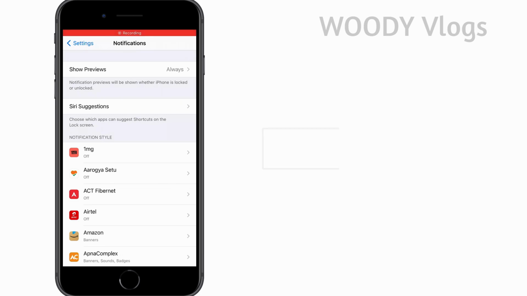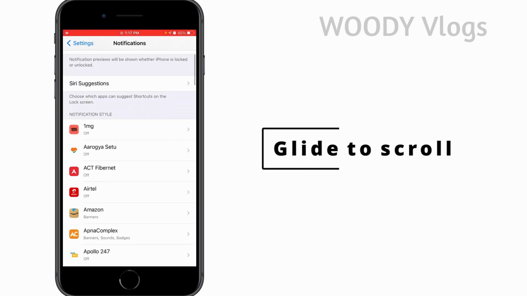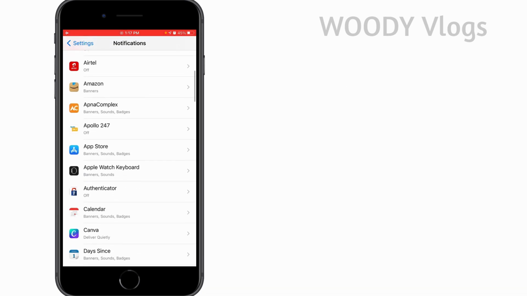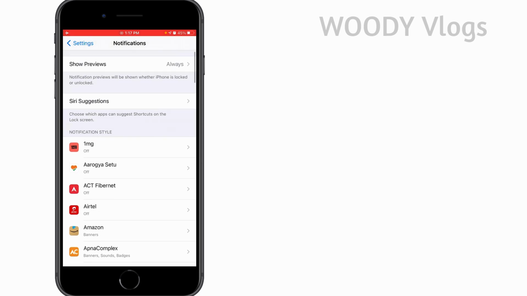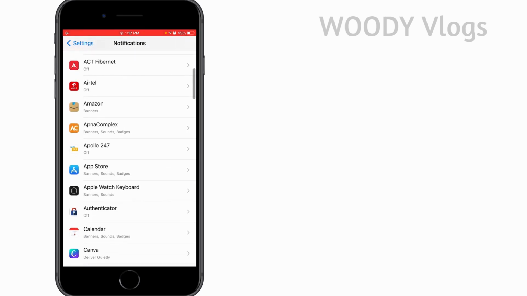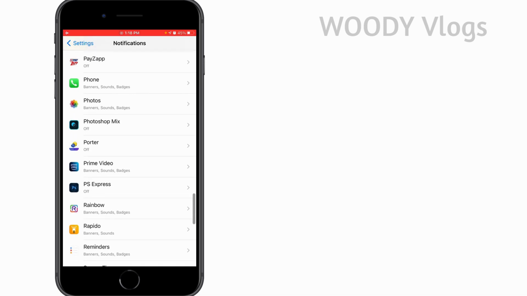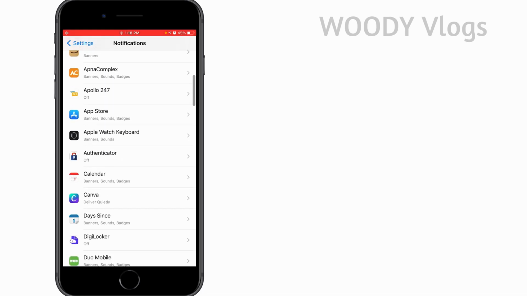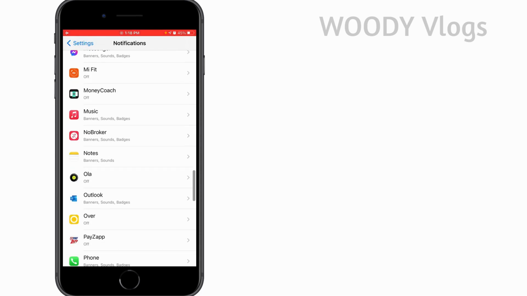Another feature or a late addition, I would say, is interaction with the scroll bar. Earlier, this scroll bar was just there to indicate where we are currently in a list, but from iOS 13, Apple enabled interaction with it. So we need to just 3D touch on it, and then we can move the list using this scroll bar. This is really helpful when you have a long list such as the one we are seeing now.